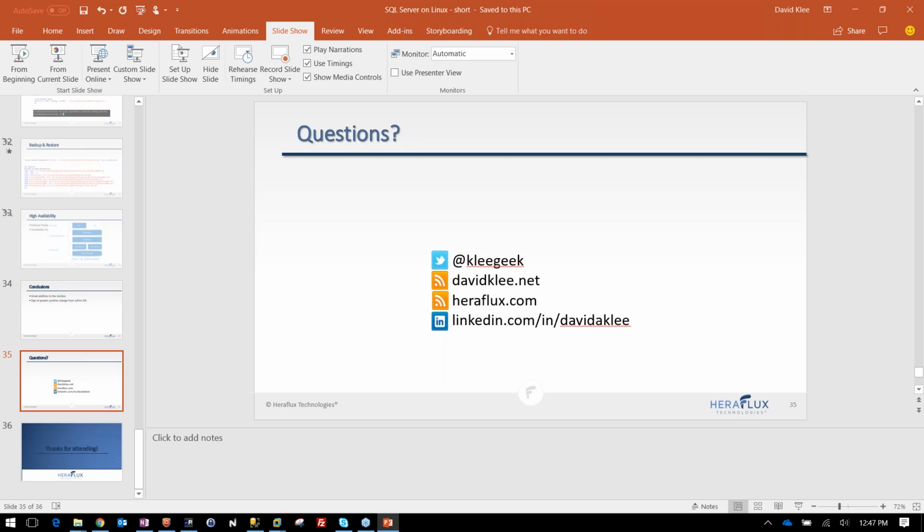Two people have asked. You mentioned, I think in one of your earlier slides, that there's like an 85 to 100+% performance benefit on Linux. They kind of want to know where you get that estimate from, or do you have examples of performance benefits? Yeah. The examples came from a whole bunch of testing that we did